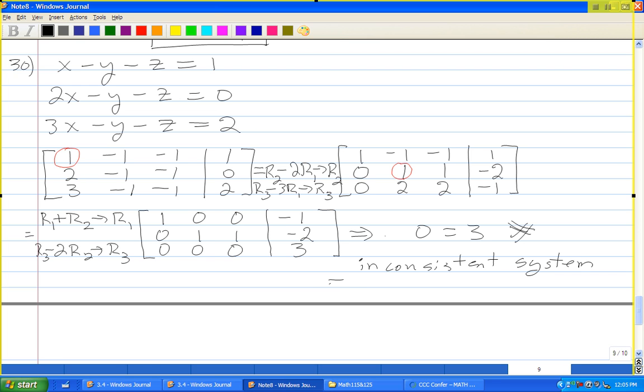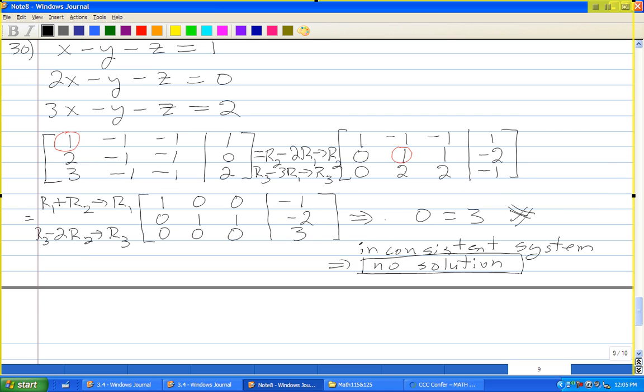That means that this equation has no solution. And so the system of equations is an inconsistent system. This last equation here is a contradiction. This system has no solution. So notice,